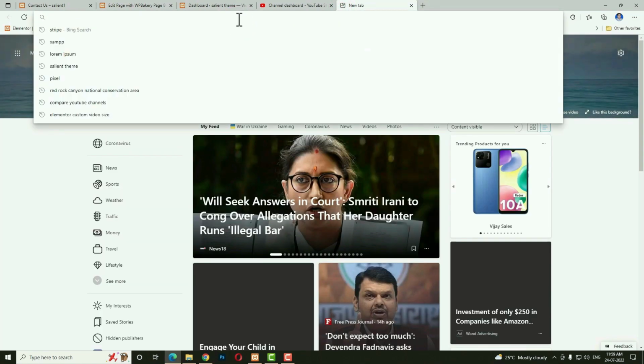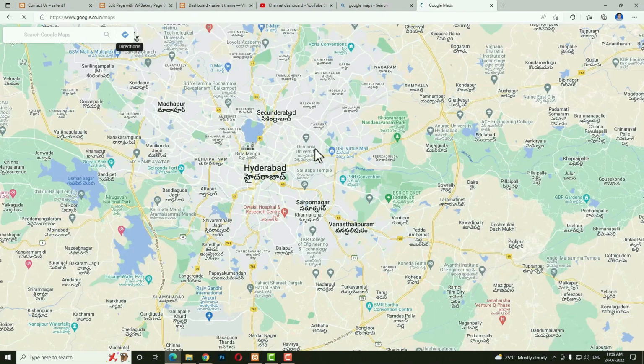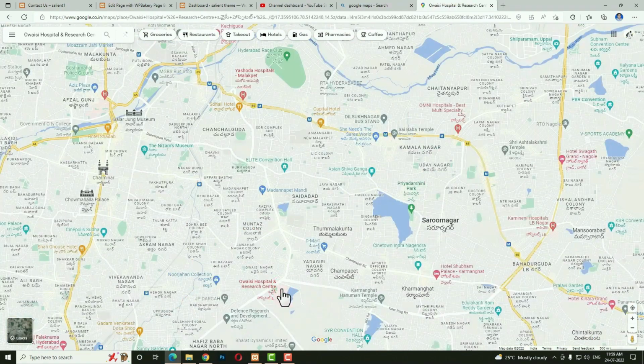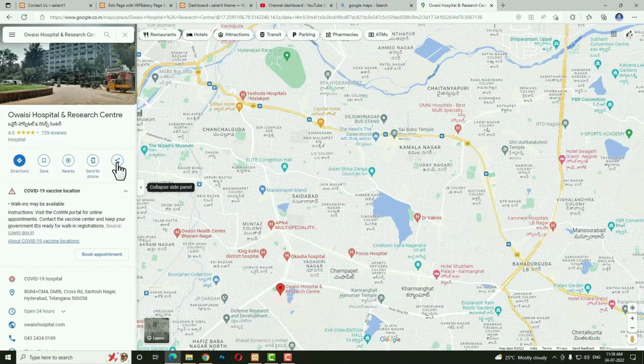Let me search for the Google map. Open the Google map. Now let me select a dummy location. Suppose that is my location. I am selecting any random location. Okay, so after you select the location, what you have to do, you have to click in the share option,